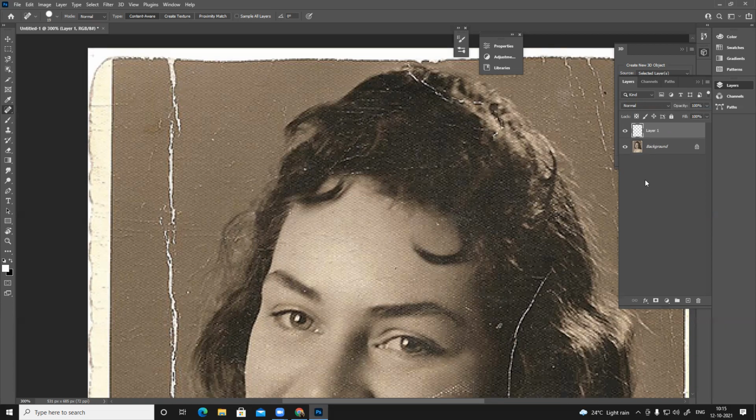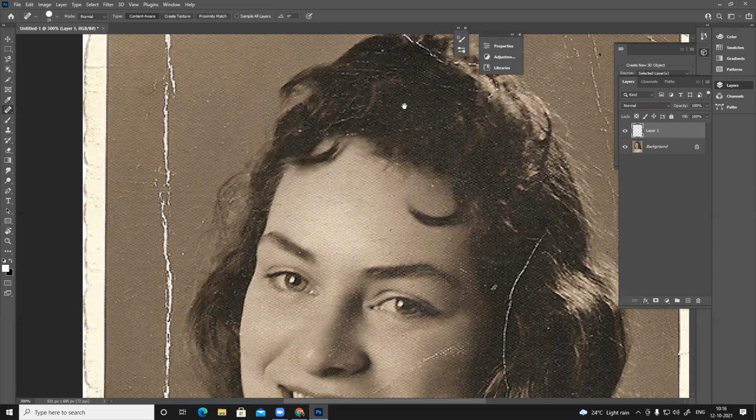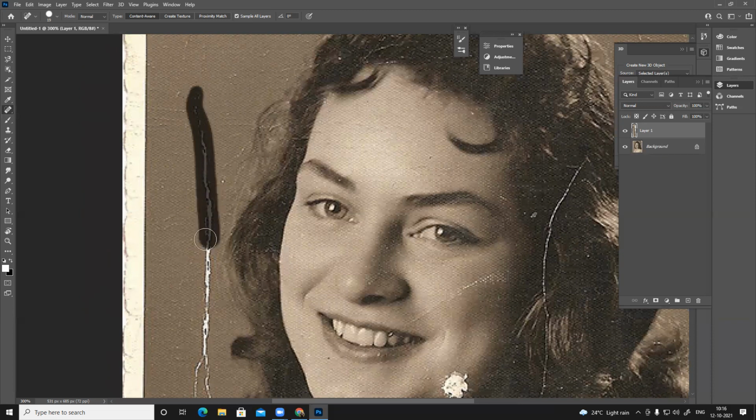Each and every layer is a separate thing completely. You can see this checker pattern, which means the layer is empty. There are no pixels, and Photoshop works with pixels, so it won't heal anything because it's empty. If you want to heal and retain the image as well, there's an option called sample all layers. Now this layer is empty, but if I use this brush, it will read all the layers under it, and fix.